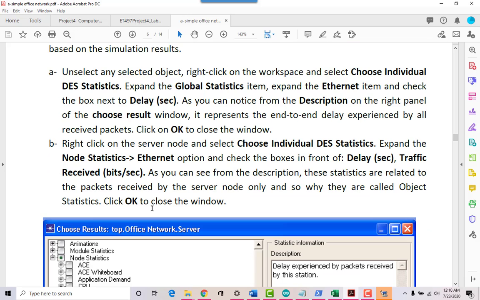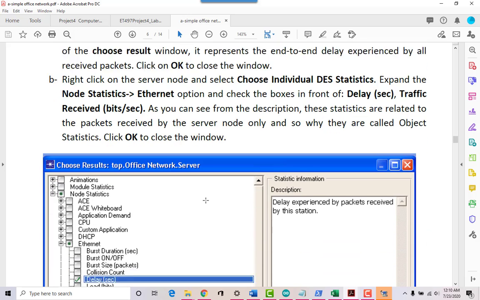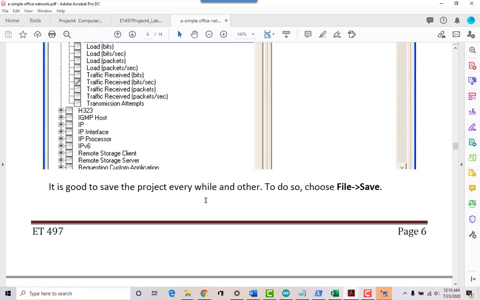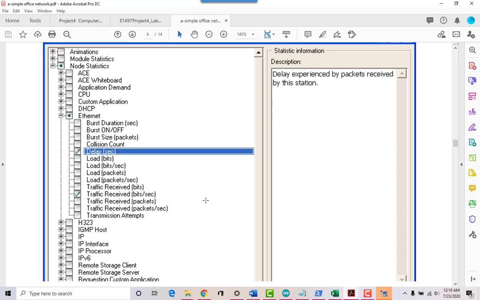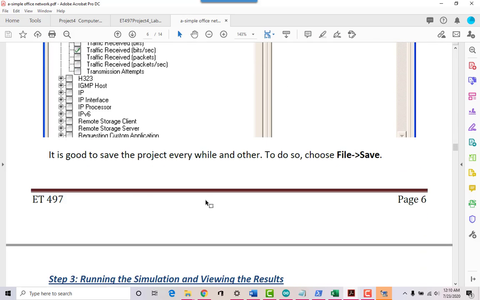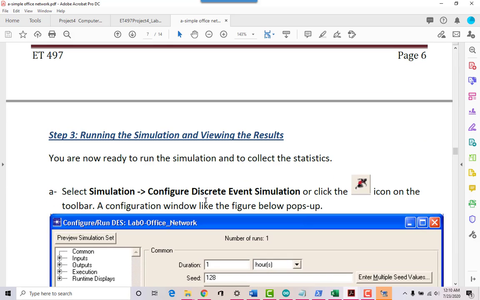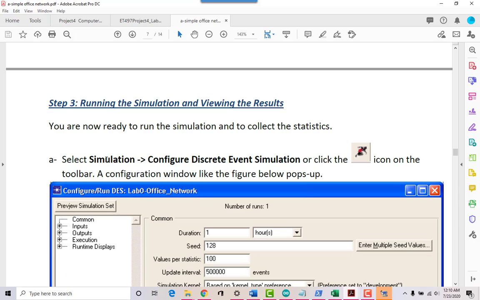Along the way, it tells you exactly what you need to click so that you don't have to guess, because it's a very powerful software. It's got so many features that it will require a whole semester to really master this, probably even more than that. But I want to give you an intro into how we can use a tool like this to, for example, simulate a network before we actually build the network.